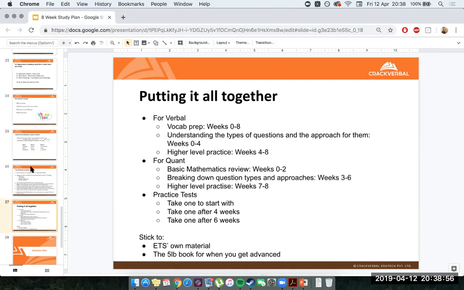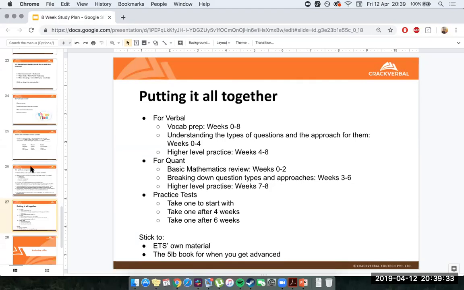So you spend the first 4 weeks working on the concepts, right? Understanding how to use the RISE technique, understanding how an SE question works and how to solve it, understanding how to read a passage when you're reading for RC, right? All of this stuff is going to be a bit more of your focus in the first 4 weeks. In the next 4 weeks, it's going to be prep all the way through, right? It's just going to be doing practice of questions, not so much concepts. Like we said, it'll come down to maybe 10 minutes or so of actual concepts, much more time spent just doing practice and doing understanding, right? So that's really what we're looking for there.